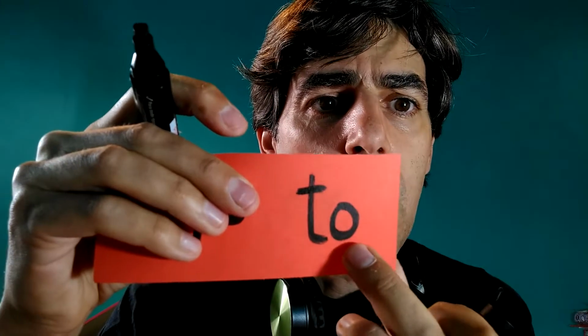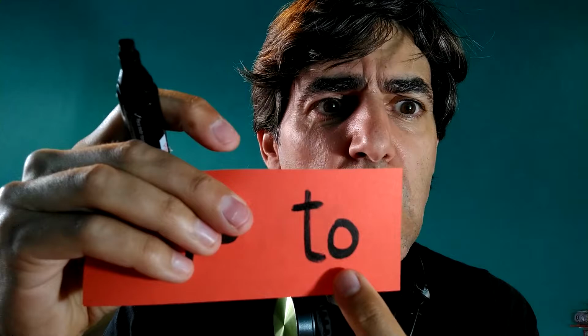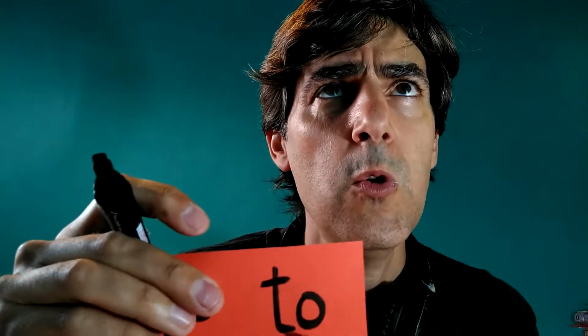Two. Two is another word that ends with the letter O, but we pronounce it two, like O. Oh, I thought it was an easy sound. Now I have to think a little bit more. Let's make a list of words ending in O, and let's see how they are pronounced.